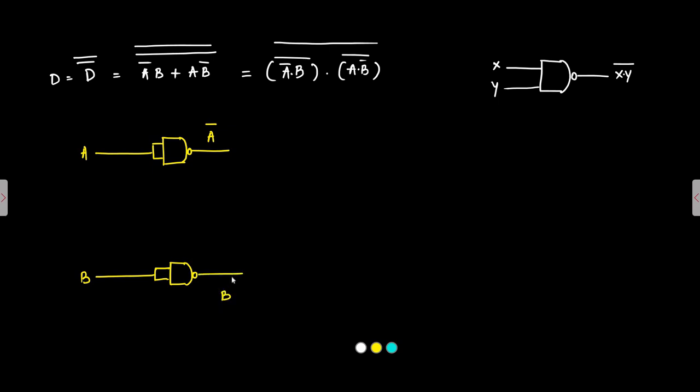So we have got A and A bar, B and B bar. Now we need A bar B whole complement. So we'll take B, so we have A bar and B whole complement, and then here we'll take A